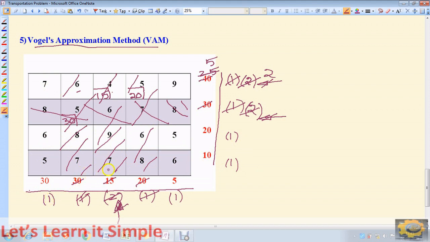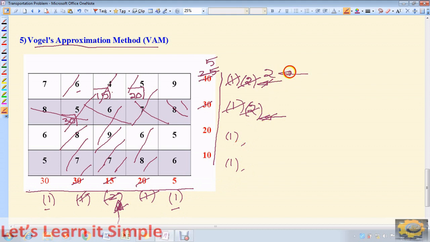This second column, third column and the fourth column vanish, and we have the last column, that is 6, 5, 9. Again it remains 1. So we have 1, 1 in the column, 1, 1, 2 in the row, which means I need to select